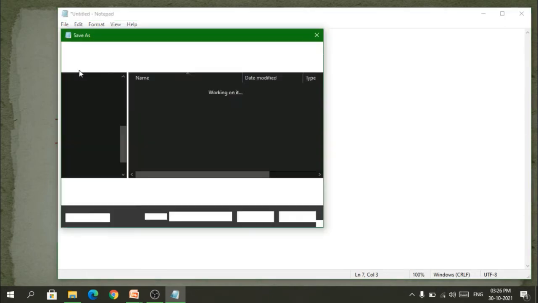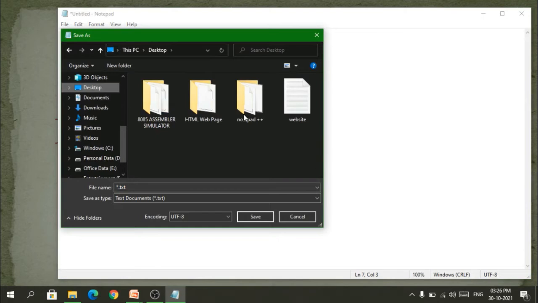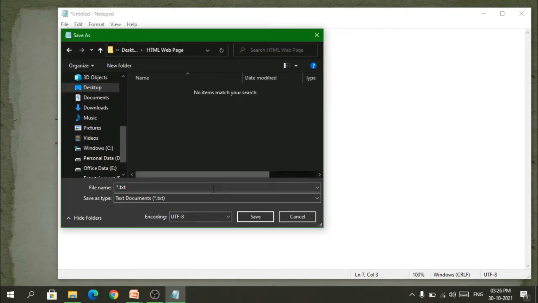Save as, I will prefer my same folder where I had done my previous programming, HTML web pages, and here it will say body attribute.html. So next time when I open this file, I open the folder, I know by seeing the name that in this I have provided the HTML code for the body attribute.